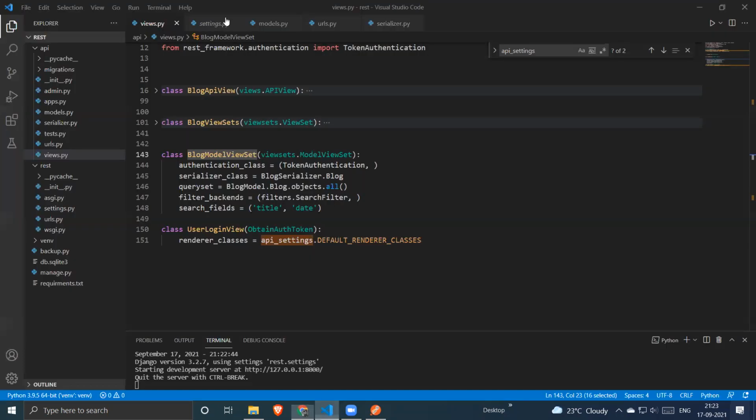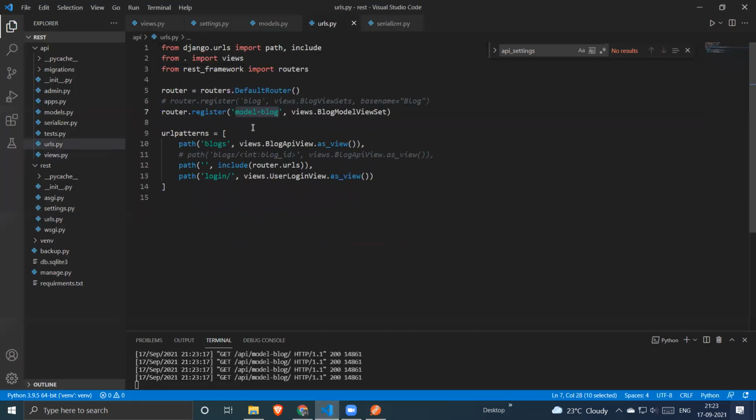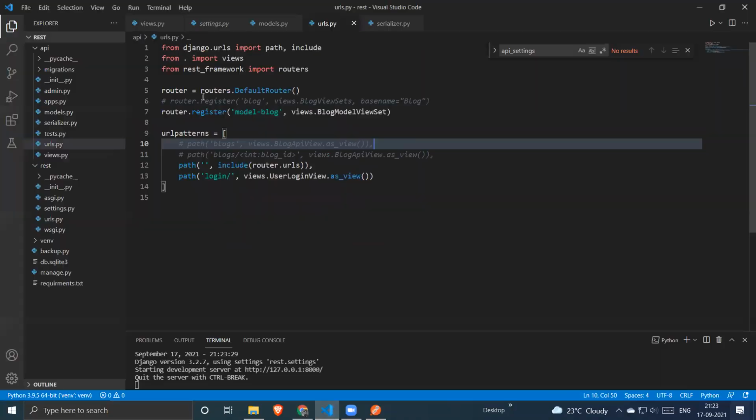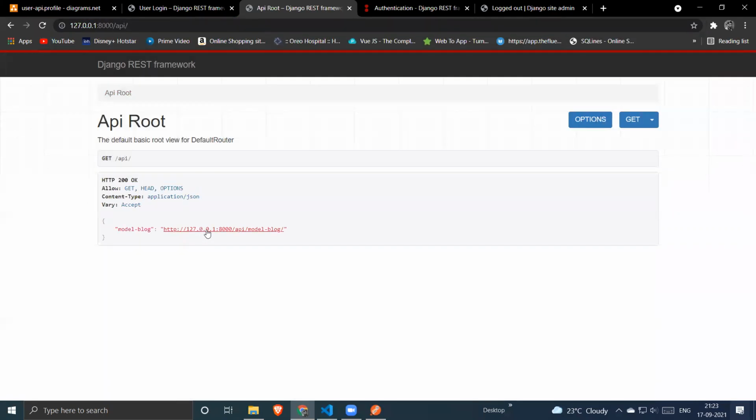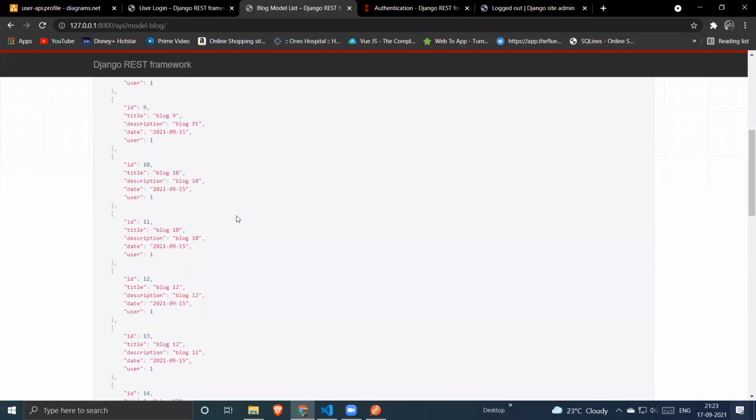I'm visiting the same API view, the blog model. Just a moment, guys, let me debug it.